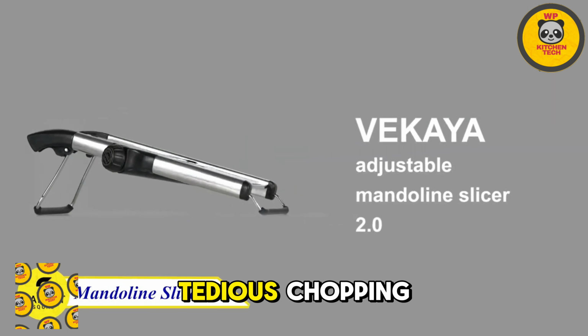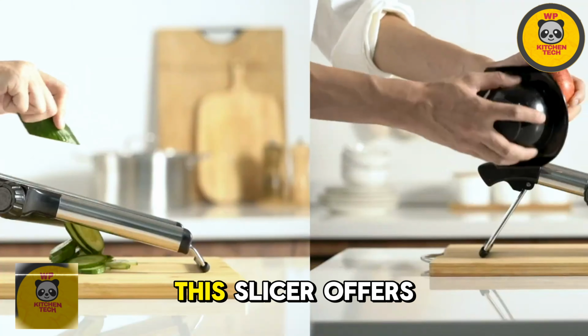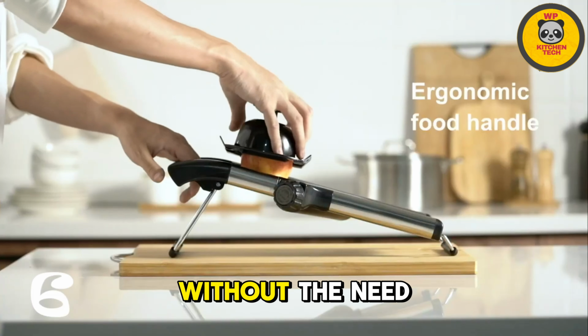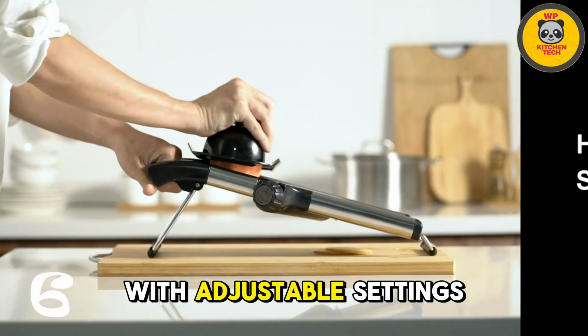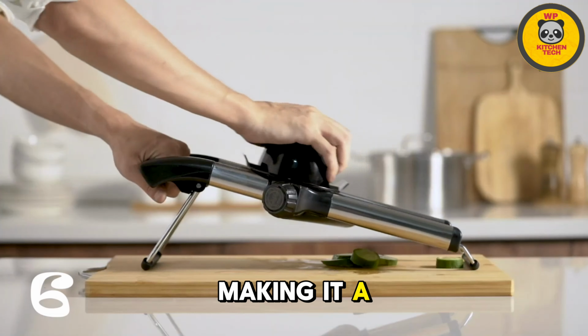Say goodbye to tedious chopping with the Vakaya Vegetable Slicer. Made from top-quality stainless steel, this slicer offers a range of cutting options without the need to touch the blade. With adjustable settings, you can slice anything from paper thin to 9mm thick, making it a versatile addition to your